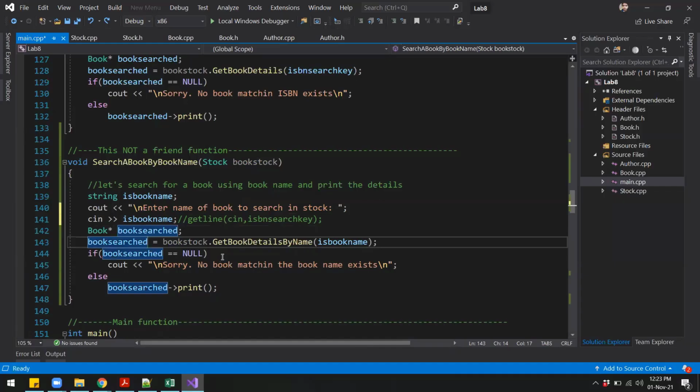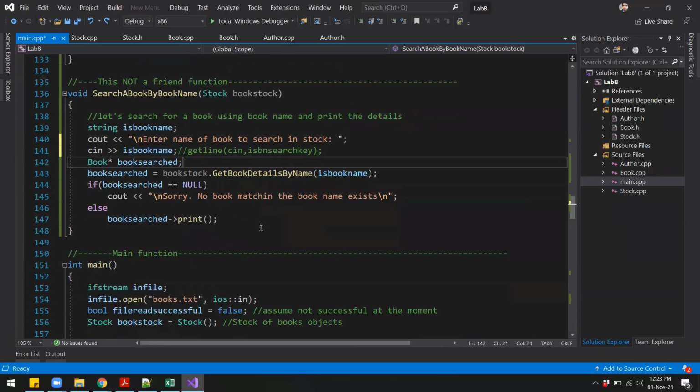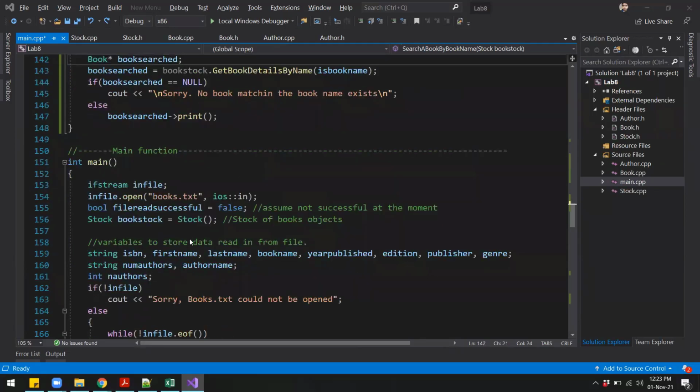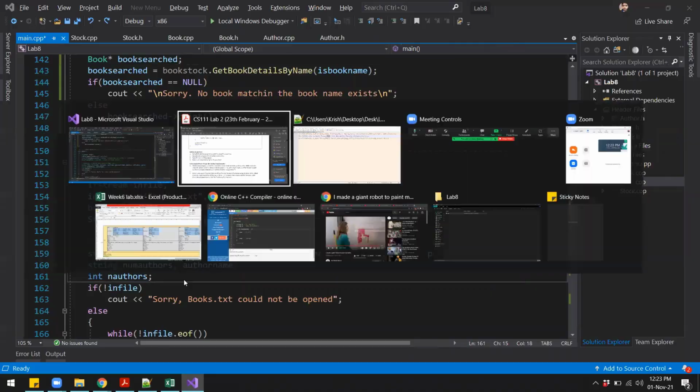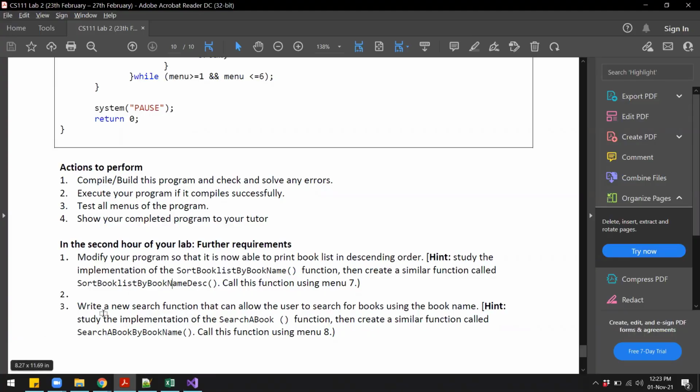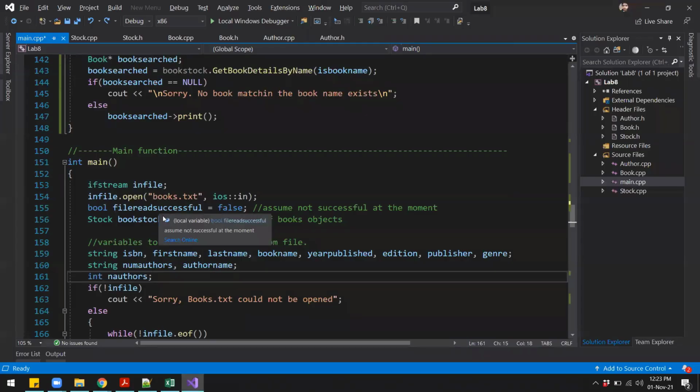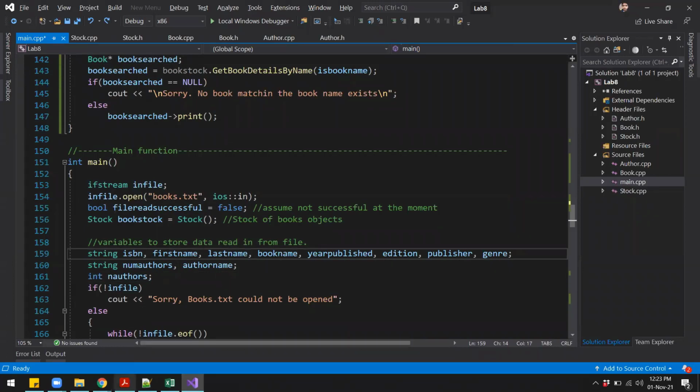Okay, so what we can do over here is instead of using this cin, we can use the getLine function, right? Something like this. So you let getLine cin and then the is book name variable name, right? And that should fix the issue. So that was all. Try to implement the last function, that is to use the getLine function in option 8 so that we can read the entire book name.